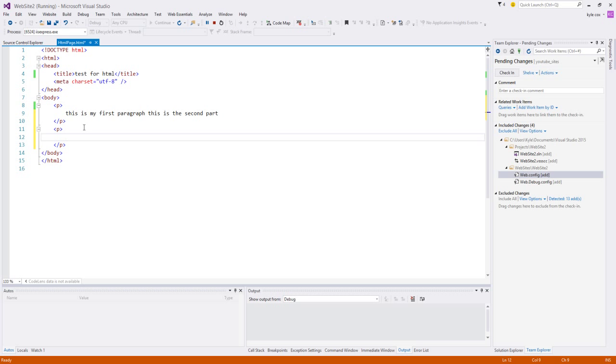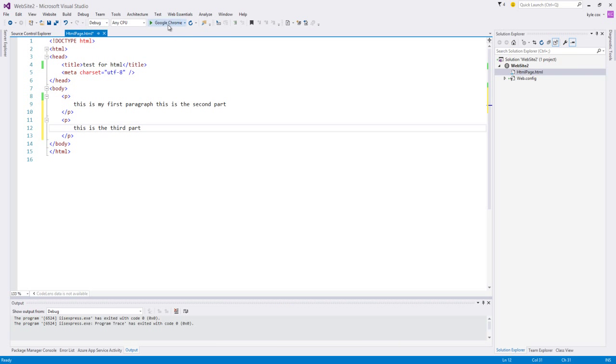Just put another paragraph tag. This will do the same thing, but it leads to a lot more HTML, and it does virtually the same thing. So run that, but it leaves a bigger space